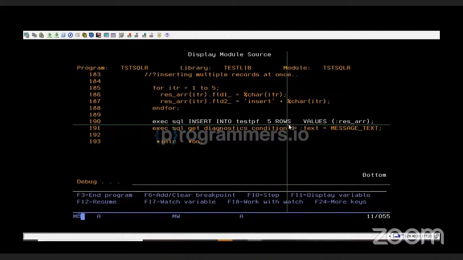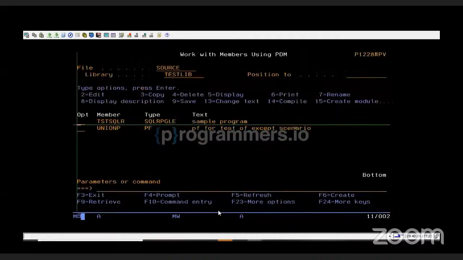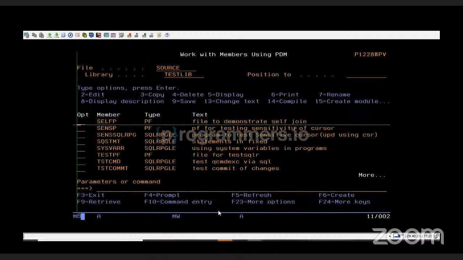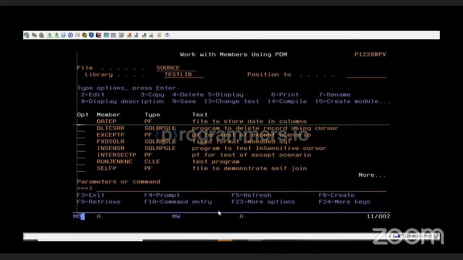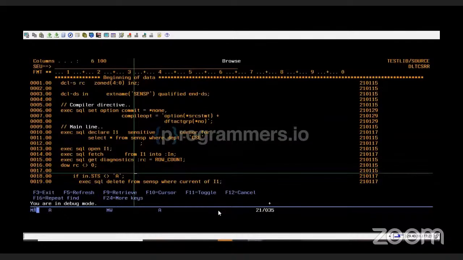Now this will allow us to insert 5 rows at once, and the text will display as 5 rows inserted in the file. This was about the sample program and the different usage of cursors. Now we have this delete cursor program where I am using a sensitive type cursor for